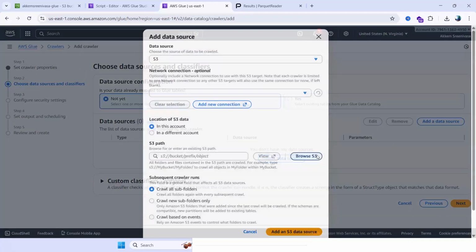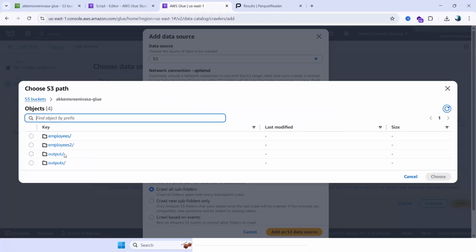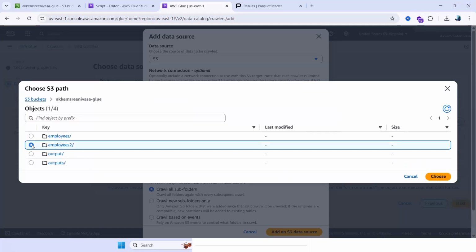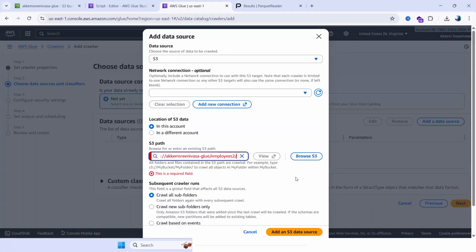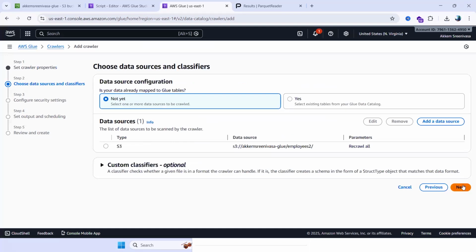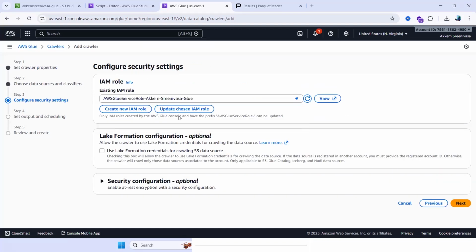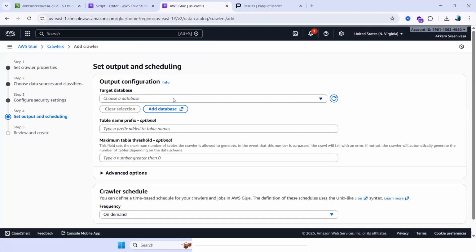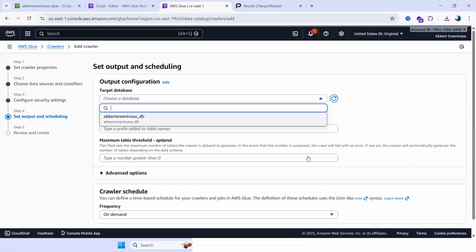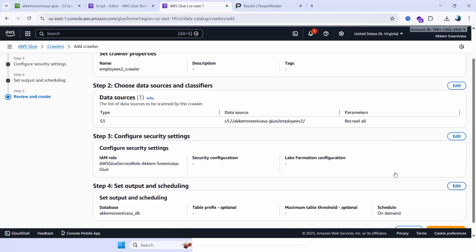Select a S3 file location and select this AWS Glue and select employees2 folder. Okay, then click on choose, then click on add data source, click on next button, select an IAM role, then click on next button, then select a database, then click on next button, then click on create